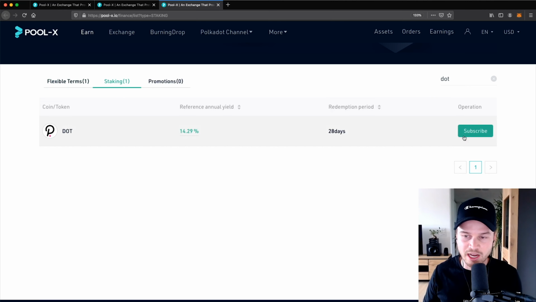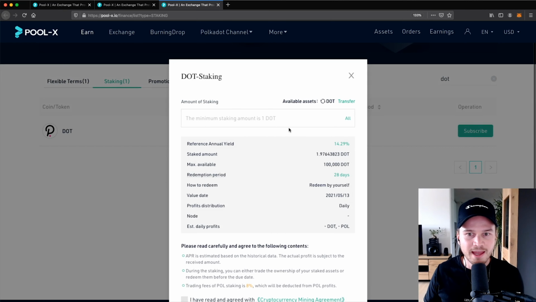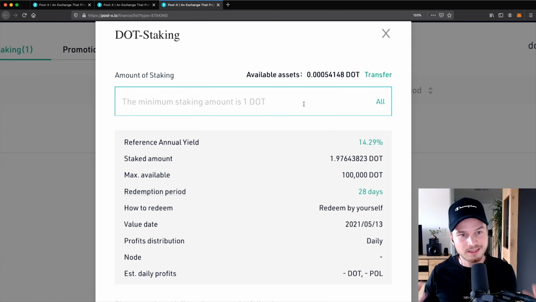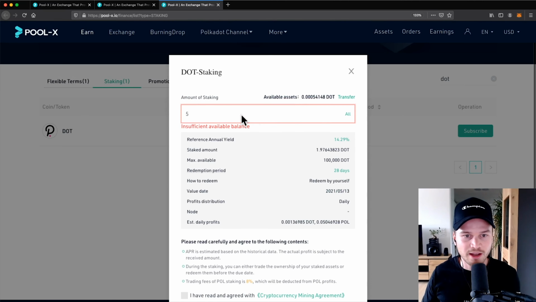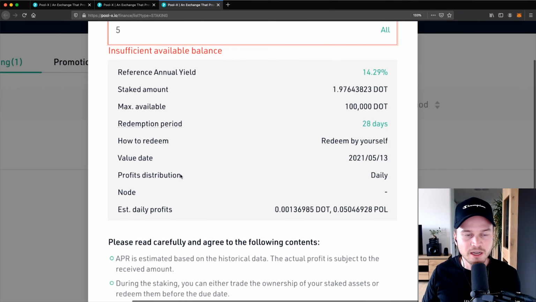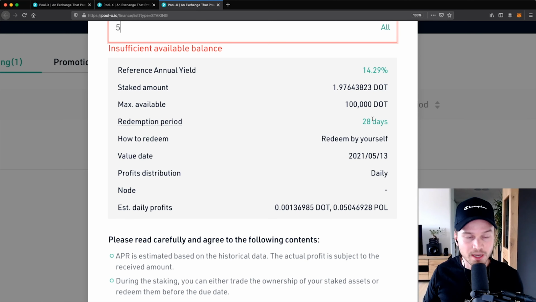And for staking, you actually have to subscribe. So click on subscribe here, and then you have to transfer the amount that you wanna stake over to your PoolX account, and then you can type in the amount you want to stake here. So let's say, I don't know, let's say 5 Polkadot. I actually don't have 5 Polkadot here, but here you can see an overview of the currently given out annual yield, the maximum available, the redemption period. So how long does it take until you can get your funds back once you redeem them,